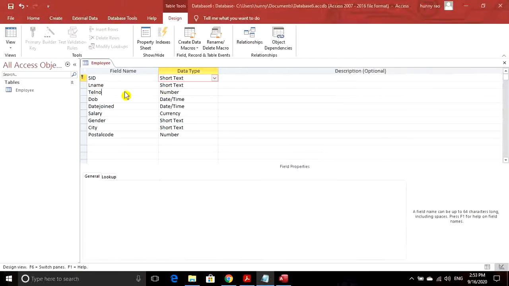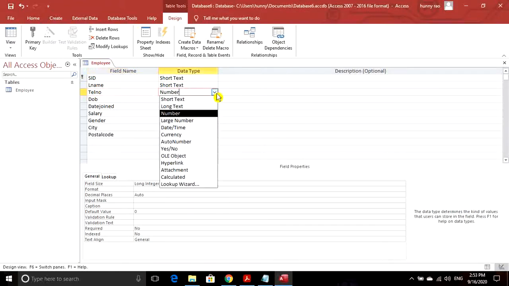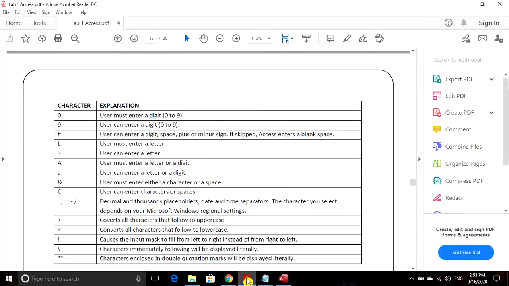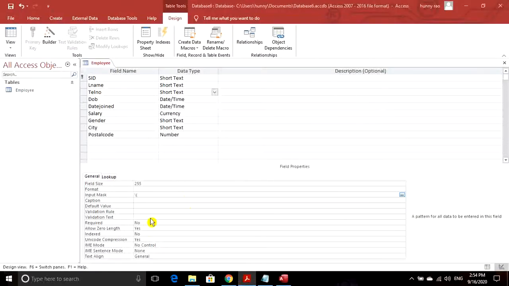So again, we will change the data type of telephone number to text. And in the input mask, we will write first bracket, then there will be 3 digits, and that is optional. So we will not use 0, we can use 9, right? If the user wants to enter, he can enter.